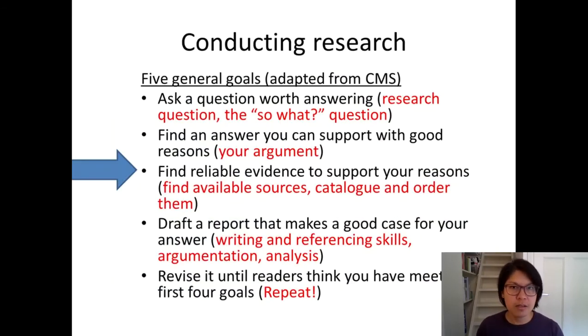And this is part and parcel of conducting research, and conducting meaningful research, right? Research that will stand the test of time. Research that will communicate your findings as something that might be original and unique and well thought through to other scholars. Now, the five general goals of research, and this is an adaptation from the Chicago Manual of Style, is to ask